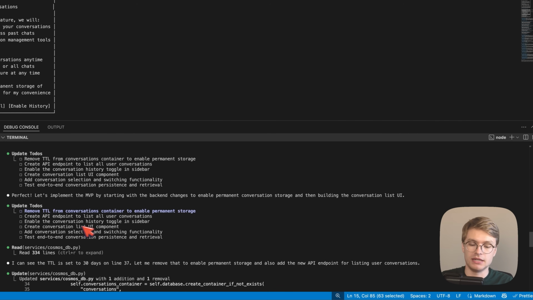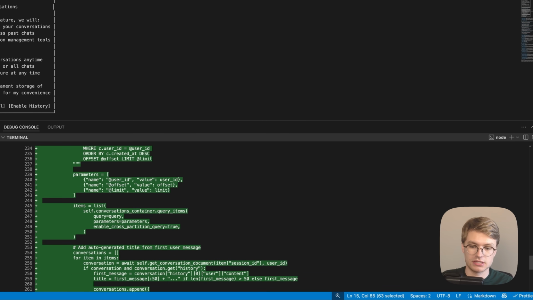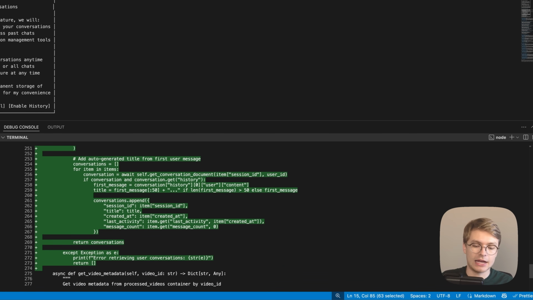And then, of course, we need a new API endpoint to list all the conversations. We need to enable the conversation history toggle in the sidebar. We need to create the conversation list UI component, add a conversation selection and switching functionality, and then, of course, we need to test end-to-end conversation persistence and retrieval. So all of those singular steps sound great to me,